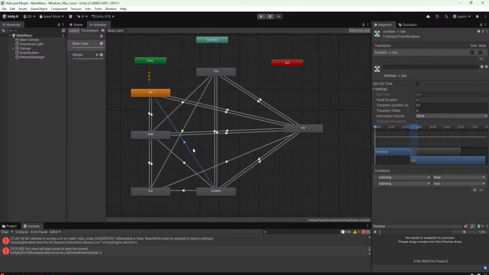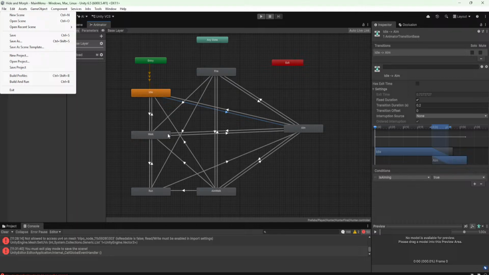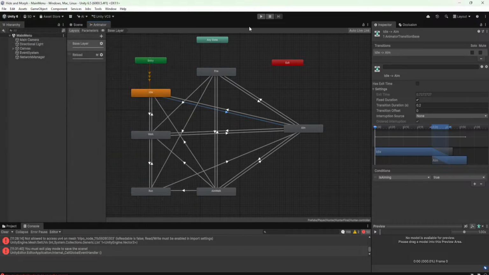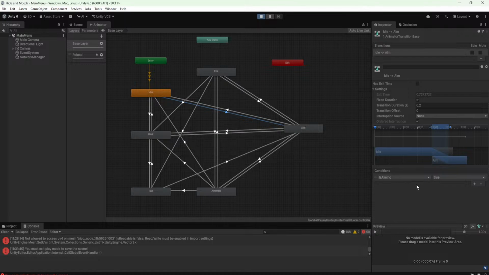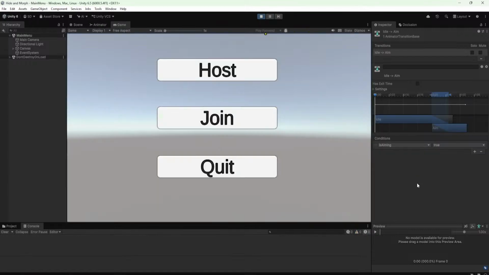But I suspect we have exit time from idle to aim or walk to aim. From walk to aim, we do not have exit time, but from idle to aim also we do not have exit time. Then why was it taking a little bit of time to get from here to here or here to here? Maybe it was taking this path. Since now we might have fixed that, let's check how the things are going now. I believe that we might have fixed the issue, but still,